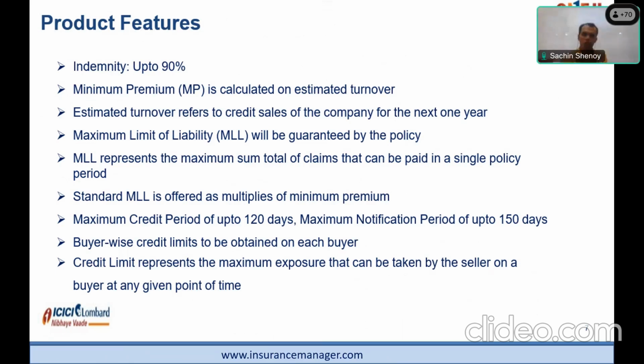So your sum insured when you started the program was 5 crores. Over a period of time, as you do more business and add new buyers, or do more business with your existing buyers, it will increase to 10, 20 crores. That way it's an automatic chain which will help you optimize the use of this policy.